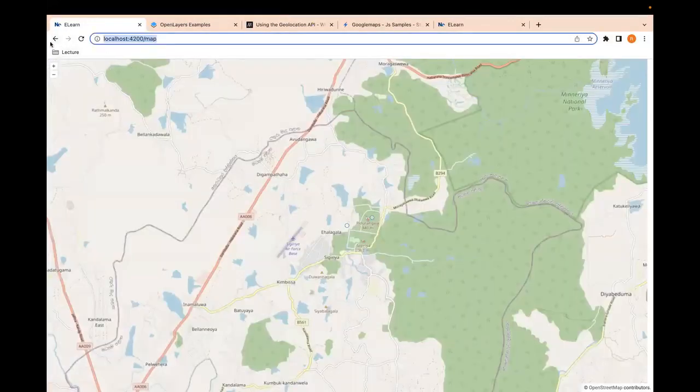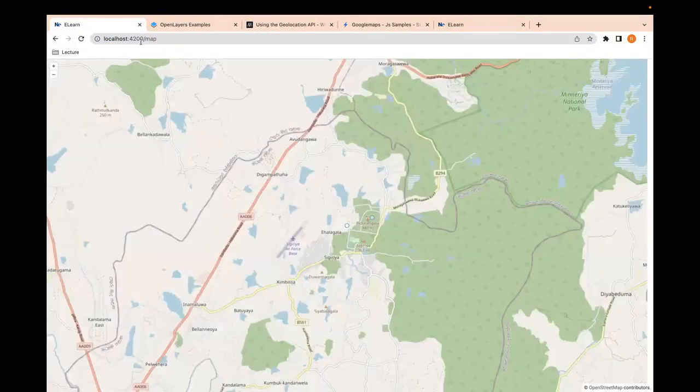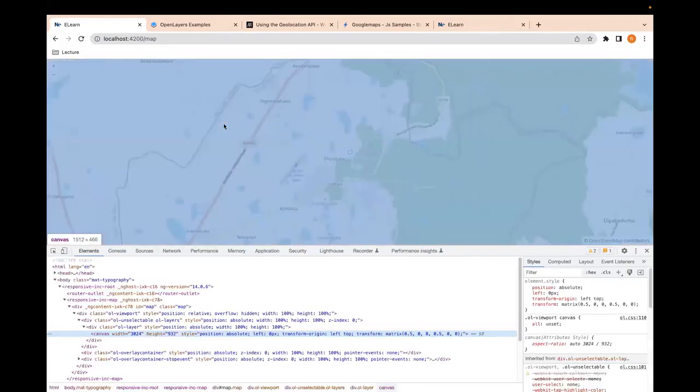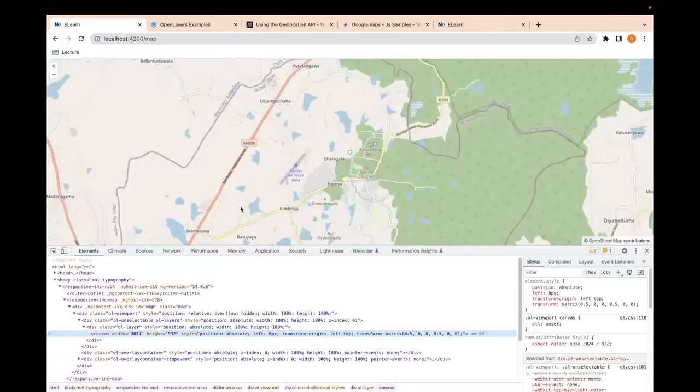So for localhost 4200, I can go to map and it's showing Sigiriya. As I mentioned, you can build and show it, or there's a nice way of doing that. I'm not sure whether you guys have done it. If you go to inspect